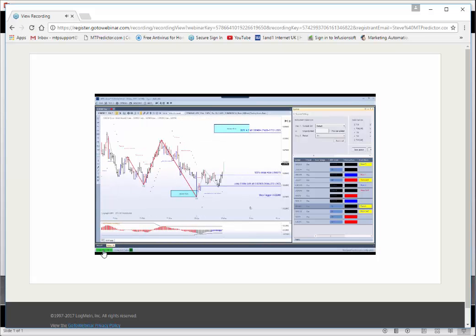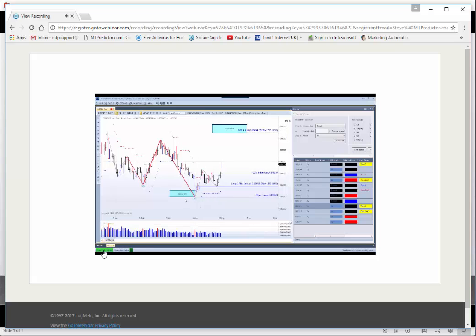EURGBP is going up nicely off our VS setup we had highlighted again a little while ago. This was when the announcement came in for the snap election here in the UK, I think. That was the day that happened. Down into our VS setup. Again, there's our high volume spike there. Here's the reversal. This is the analysis we've had on for quite a while. Will the market get up to that level? EURGBP? I don't know. All I know is if it does, that'll be a 4.7 hour profit. If it doesn't and stops you out, that will be a -1 hour loss. We've already looked at losing trades so far in this webinar. But that seems to be unfolding nicely.